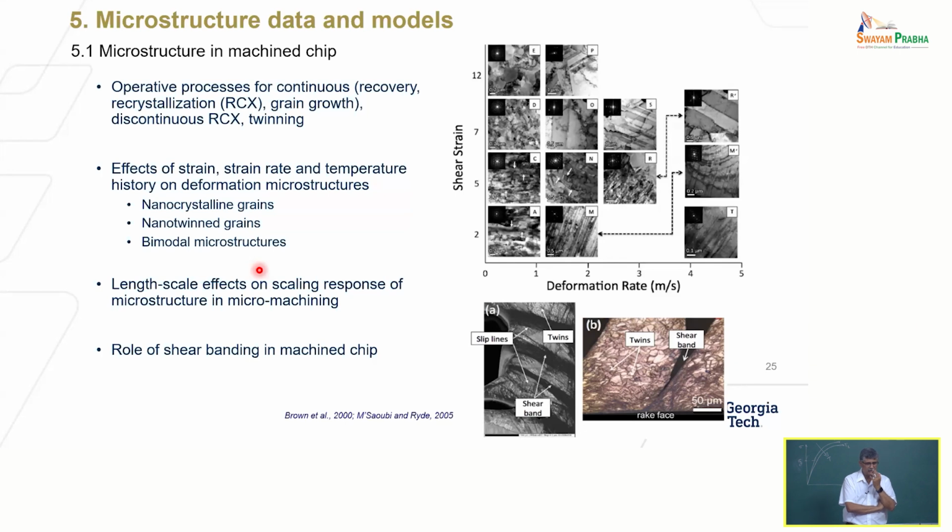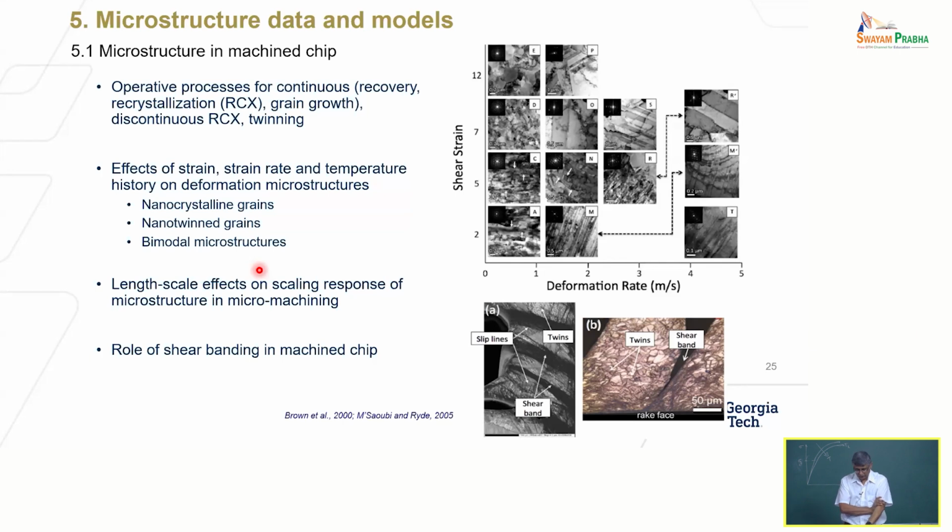Dislocations are moving, new grains may be forming. The actual mechanical properties of that material after it's been machined are dictated by the microstructure. And microstructure prediction is still a very complex problem, right? In my opinion, especially in machining, because it is a severe plastic deformation process, you're deforming the material under extreme conditions, and under those conditions, microstructure evolution is quite complex.